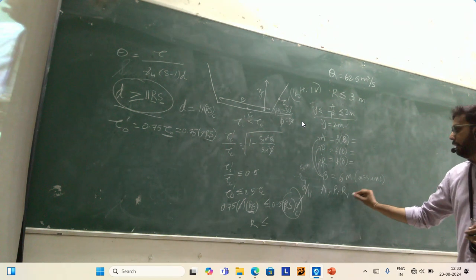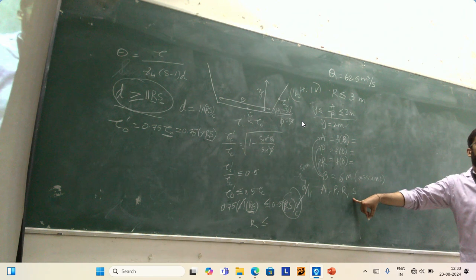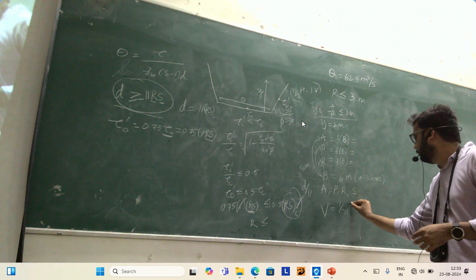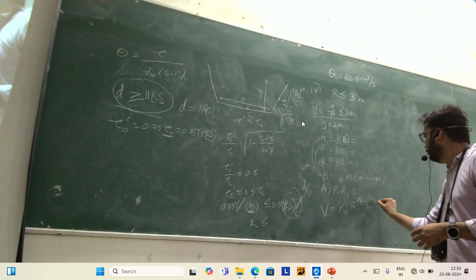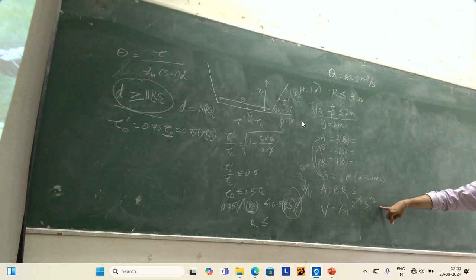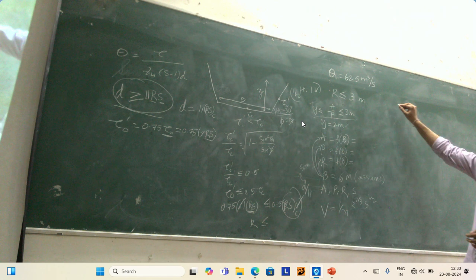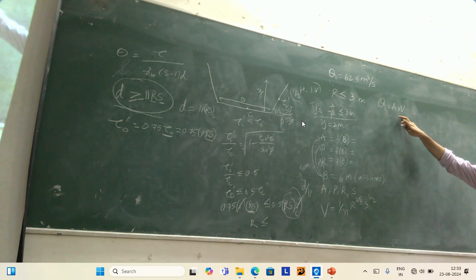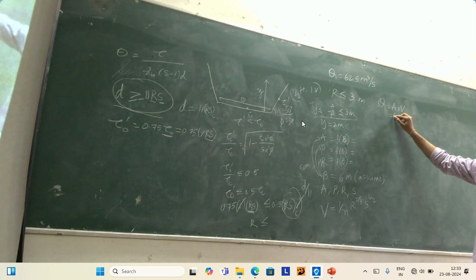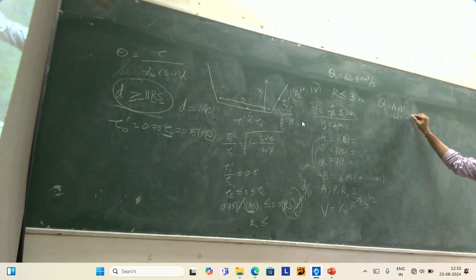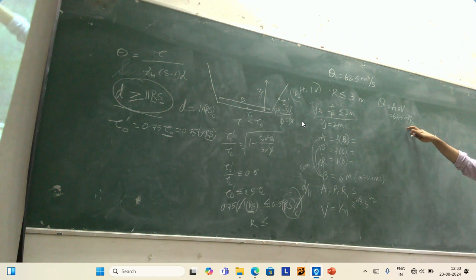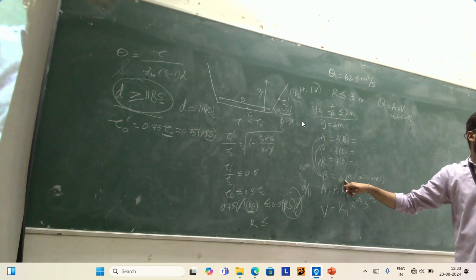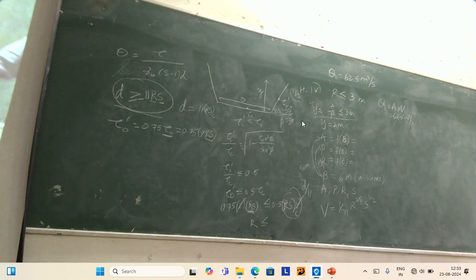So if you have R and S, what equation can you use to get the velocity? You can use Manning's velocity. So now we have velocity and we also have area. So what is discharge? The discharge that you calculate should equal 62.5. If that is not coming to 62.5, then you need to change B, let's say increase it to 7 meters or decrease it to 5 meters. So you have to do trial and error